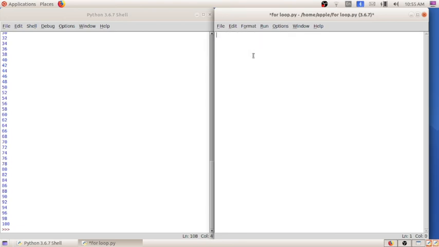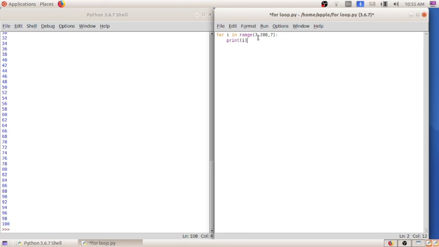for i in range of 7 comma 200 comma 7, print of i. This will be the program.